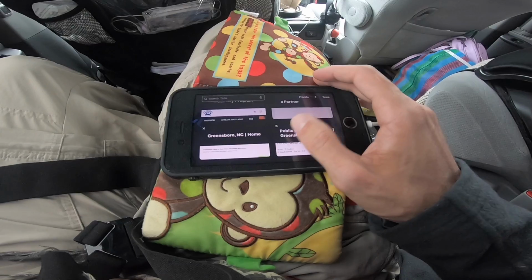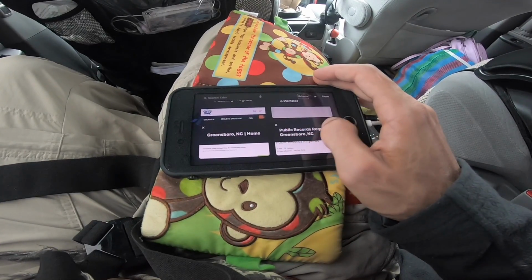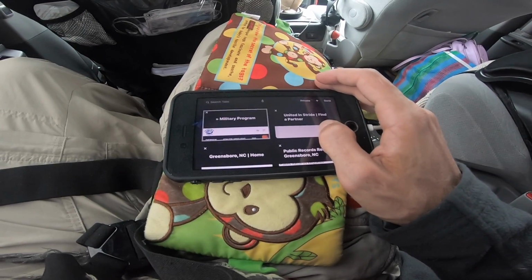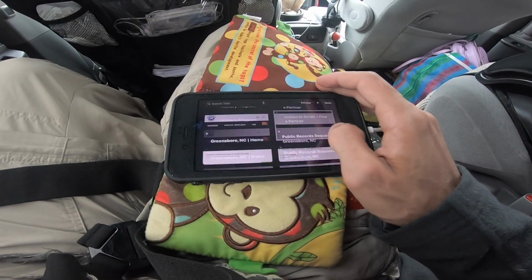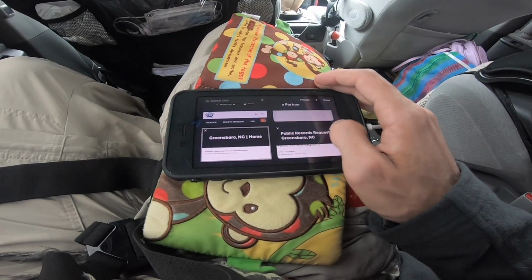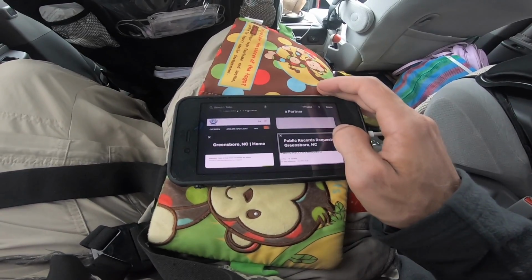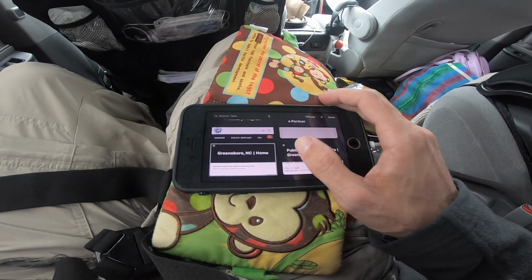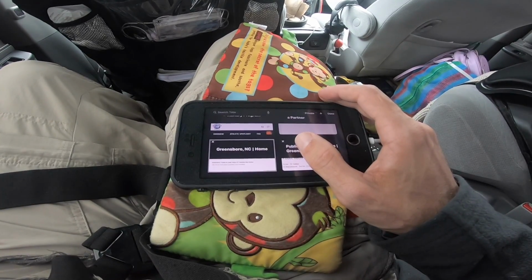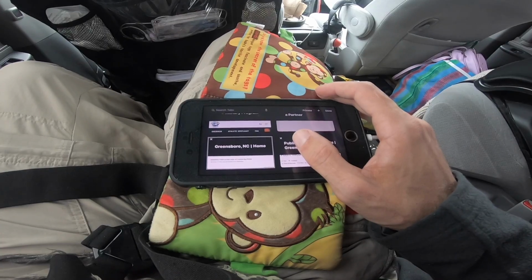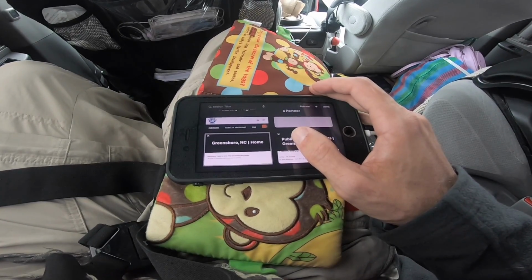Search tabs, search field. Dictate, button. Private, button. New tab, button. Done, button. Military program, button. United and Stride, find a partner, button. Greensboro, NC home, button. Public records request, Greensboro, NC, button. Greensboro, NC home, button. The Greensboro NC home one was the initial attempt to try to find the records request, and we abandoned